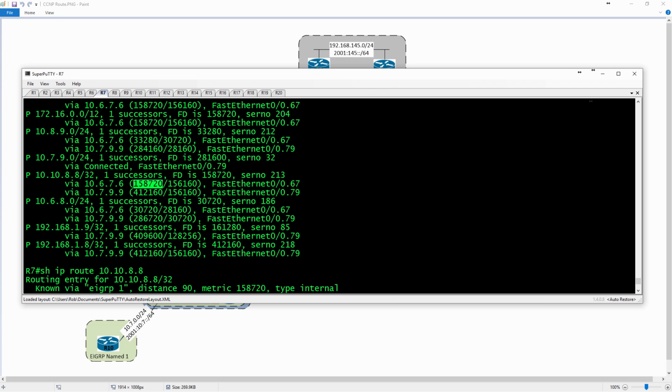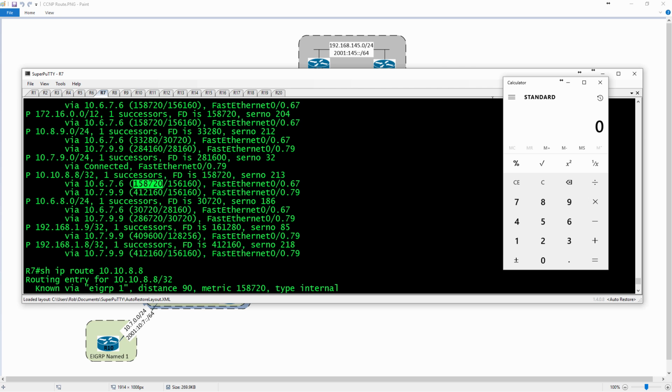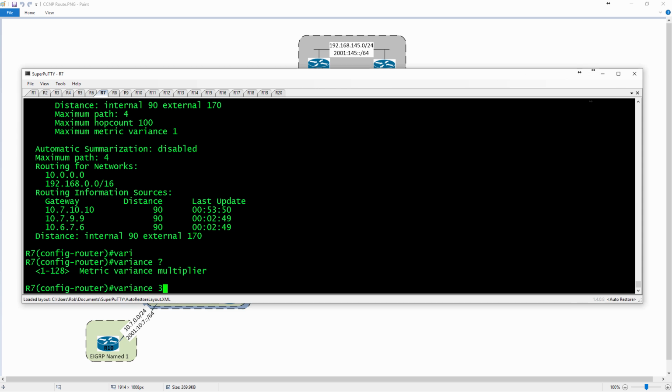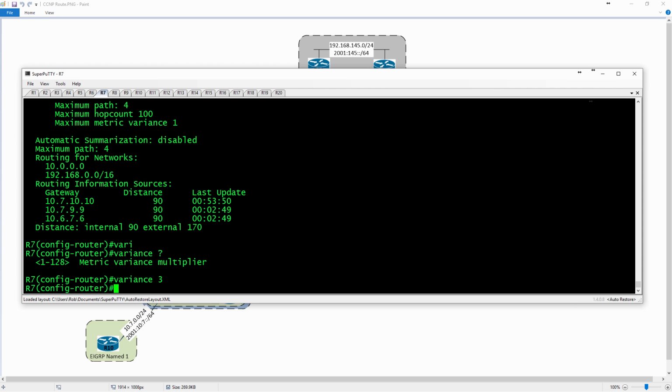So if we take the calculator and clear that, we type in 158,720 times 3, which is 476,160. As long as you have another route, in this particular case the route towards R9, his feasible distance is 412,160. We can accept up to a value, multiplying it by 3, of 476,160. So if I just hit the enter key here, what's going to end up happening now, if we type in